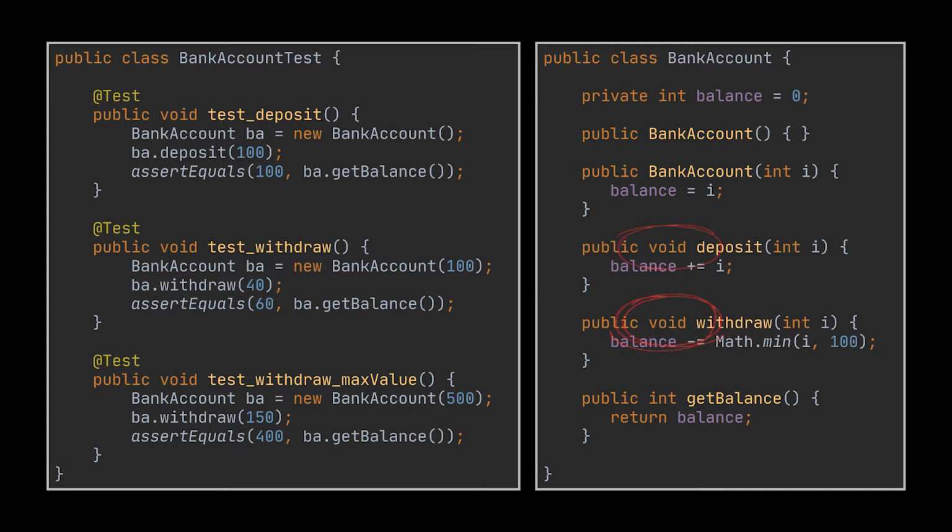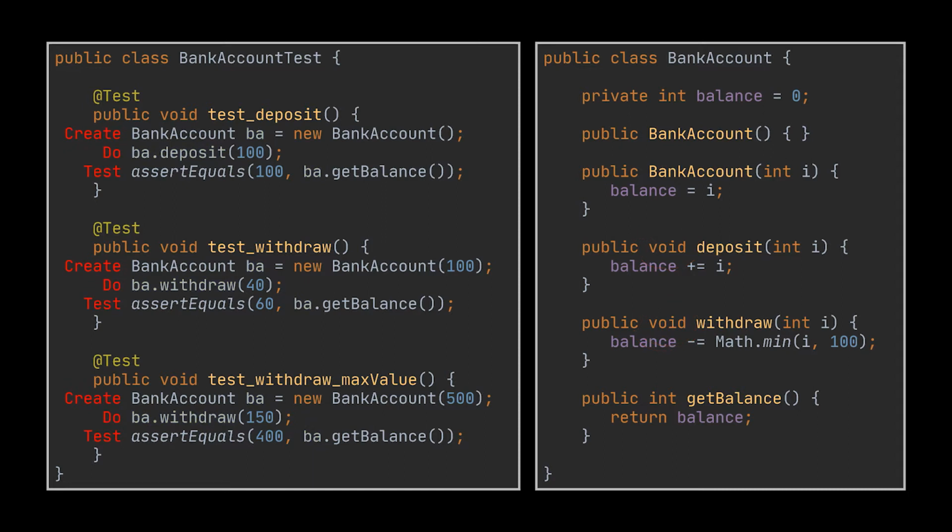The current implementation of the withdraw and deposit methods in the bank account class don't return values, so the tests we created after calling one of those methods will assert the assumed side effect on the object passed to them. Notice how the tests we created take the same general approach. We create an object, we do something to that object, and then we test the result.